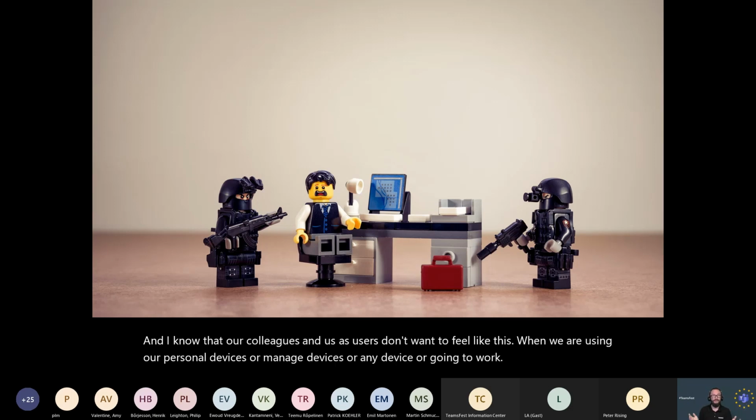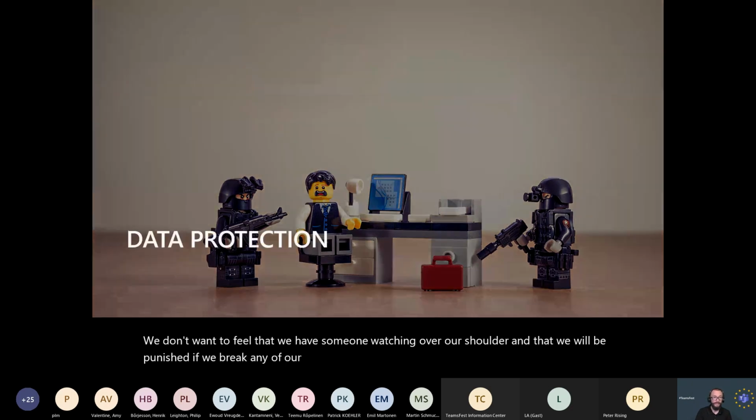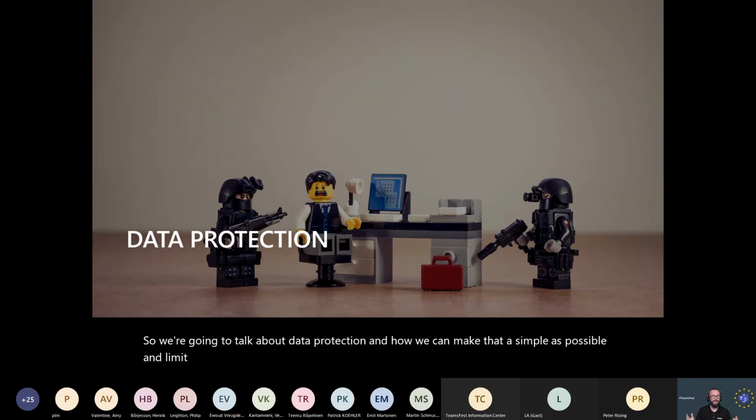We don't want to feel that we have someone watching over our shoulder and that we will be punished if we break any of our compliance regulations. So we are going to talk about data protection and how we can make that as simple as possible and limit mistakes, limit the possibilities to do something that a user didn't intend to do without feeling that they are under constant surveillance.